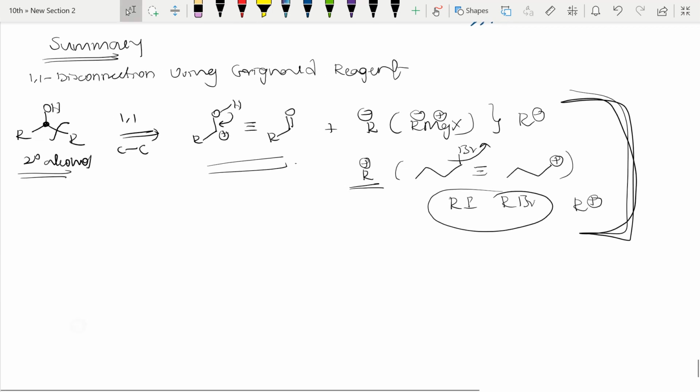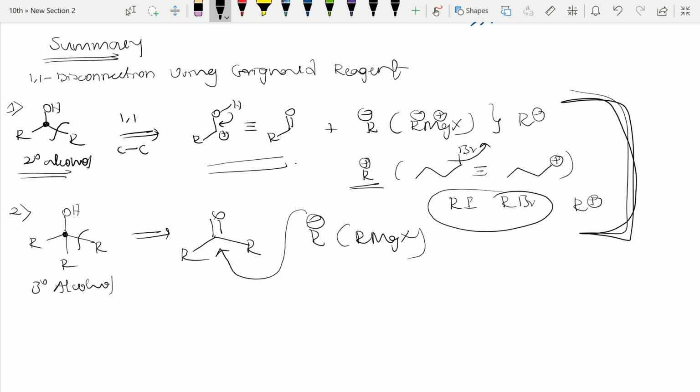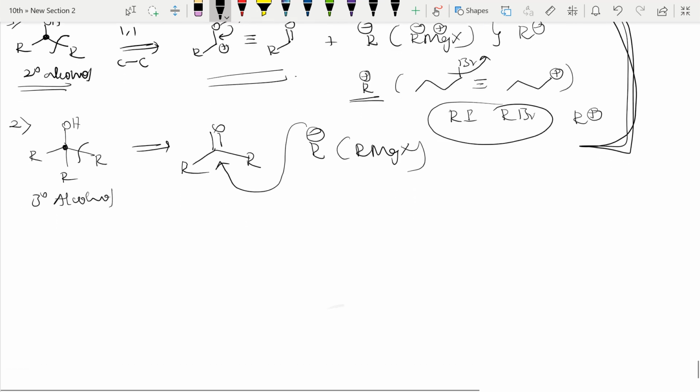Next, let us see. For this is first, let us take second one. Let us take when tertiary alcohol is there. See here, tertiary alcohol means OH group attached to that carbon which is attached to 3 more carbons, right? So this is nothing but tertiary alcohol. How should we disconnect? See here, we can disconnect like this. Here also one disconnection. Here I'll get directly ketone. How I got ketone, you should now be able to write, right? This will get from Grignard reagent MgX. So if it reacts again, I'll get back the alcohol, right? The reaction the back side I have told you, the same way we can do now also, right?